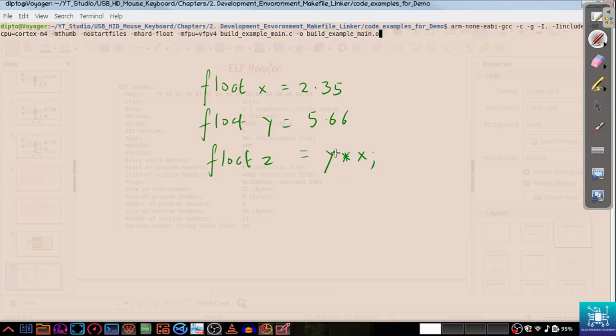Basically what happens here is that this instruction, not the previous two, but this instruction